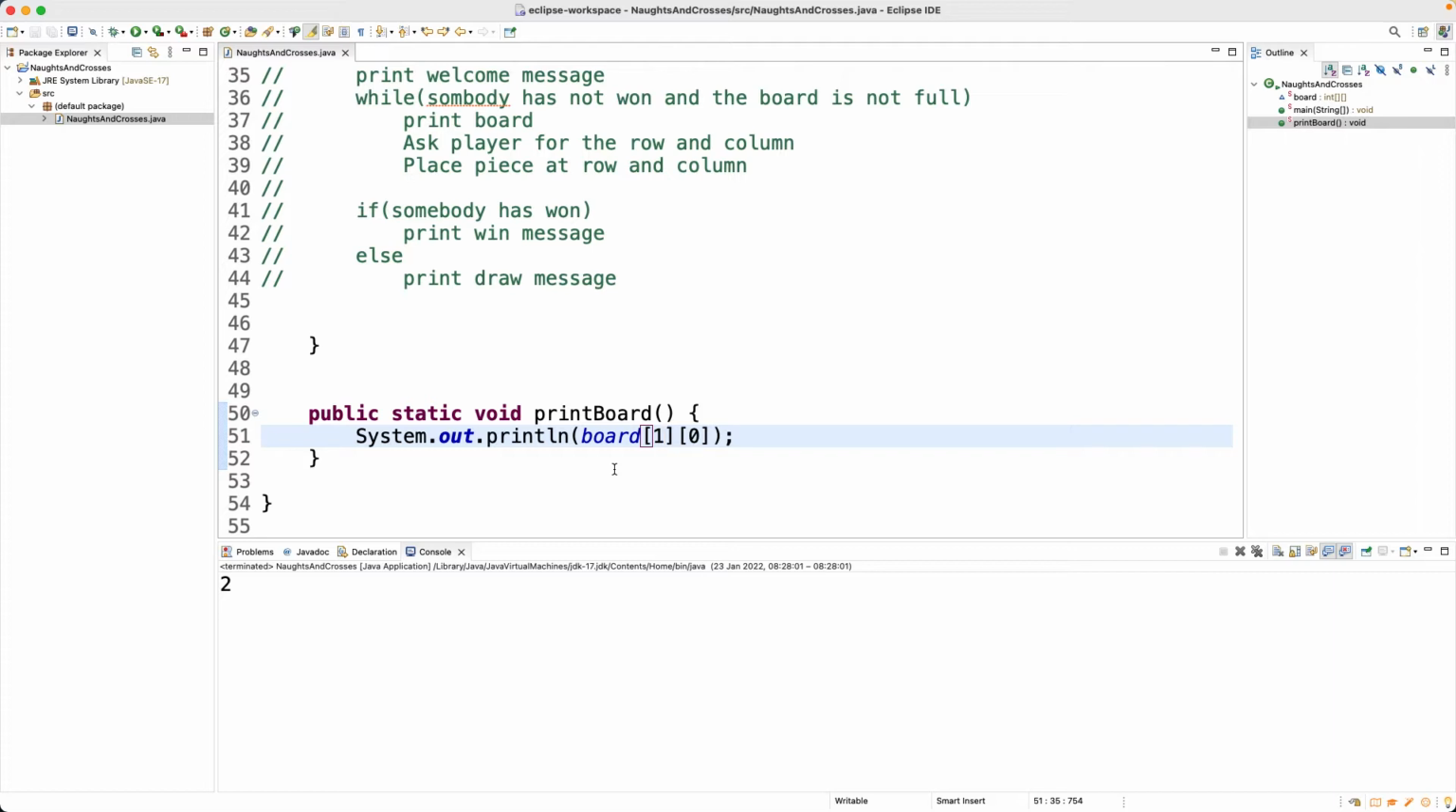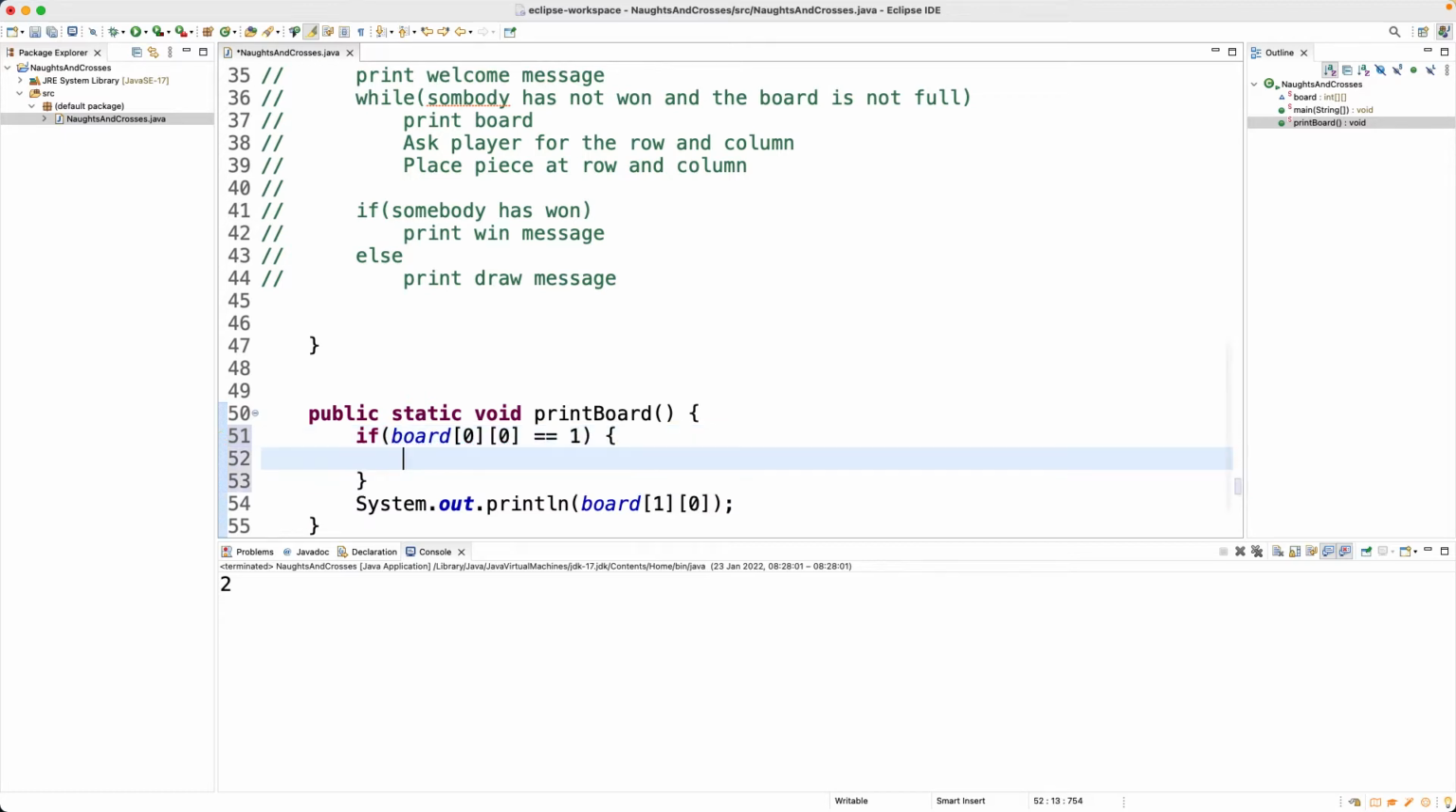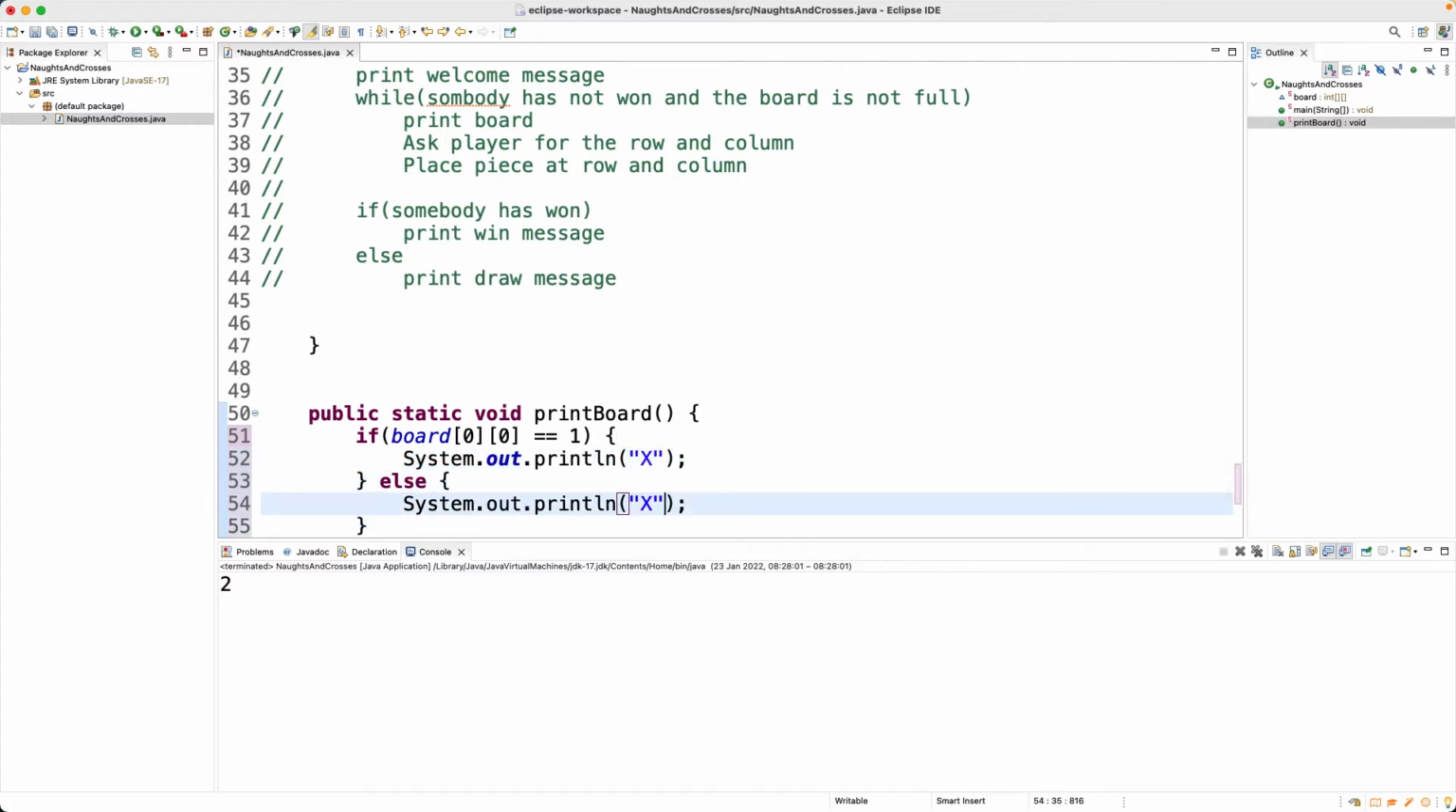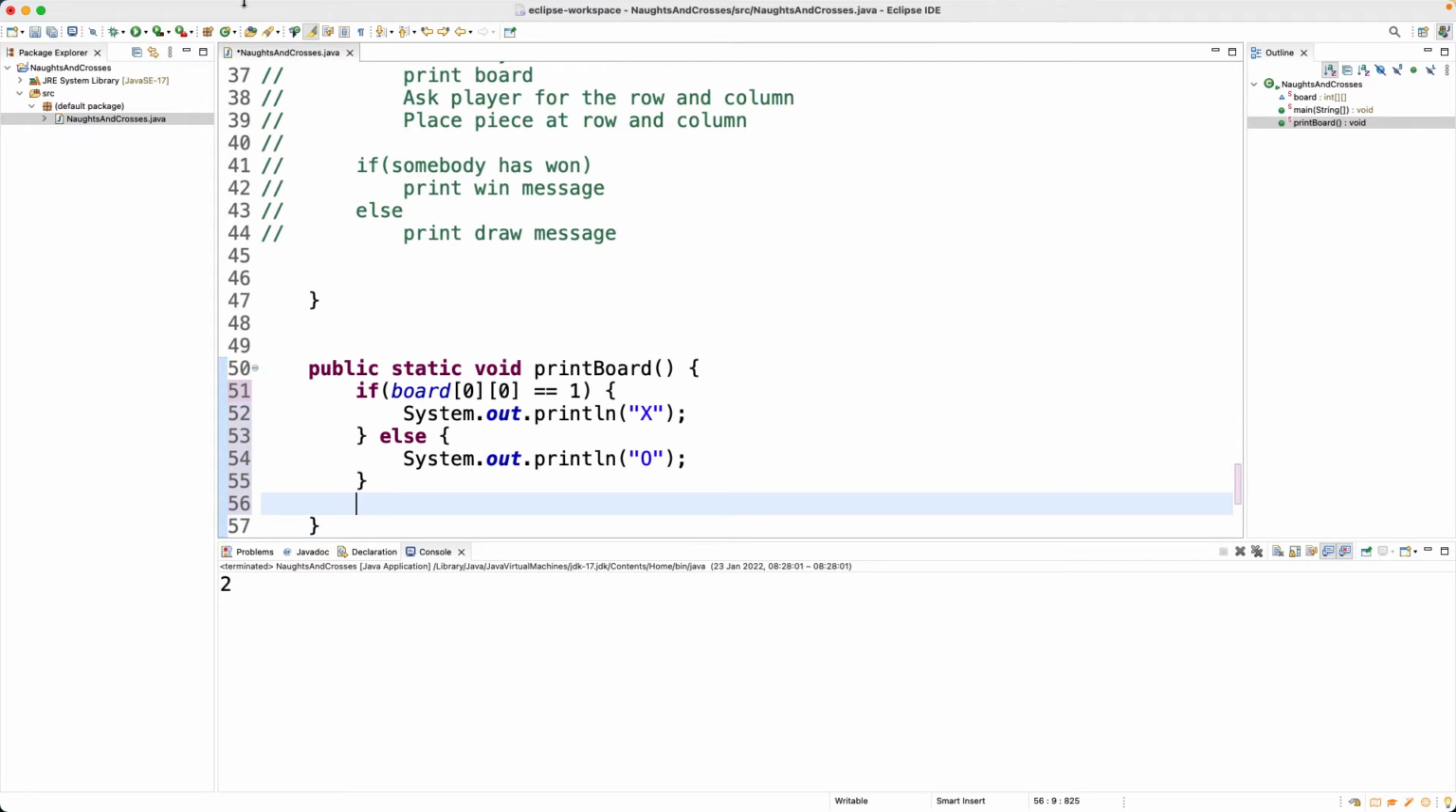But I don't want to print numbers. That's not what I want to do. Now, I could be doing something like this, right? I could say, if the board at whatever cell, and I'll work that out in a moment, is double equal to 1, then if we play a 1, we print an X, else we print an O. Right? I could do something like that. It works, but